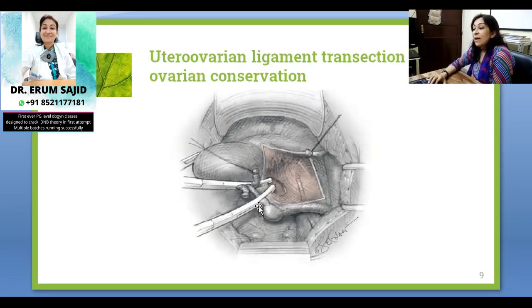So you have to apply the clamp over here. Can you see the cornual structures out here? So you have to apply the two clamps. This looks like this, and this is of course the round ligament. This one is the round ligament. But this over here looks like there was already a tubal ligation done before, probably because the tube is cut over here. So this is the ovarian ligament and you're trying to transect that uterovarian ligament, because you want to keep the uterus and keep the ovary. You cut over here and then you ligate over here.